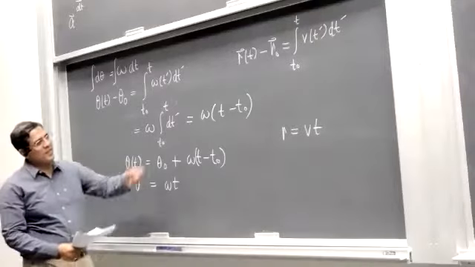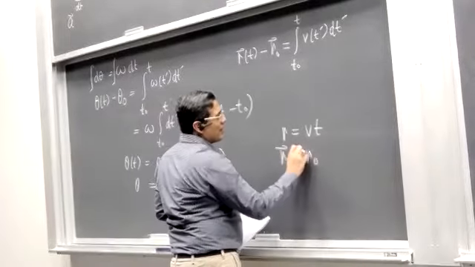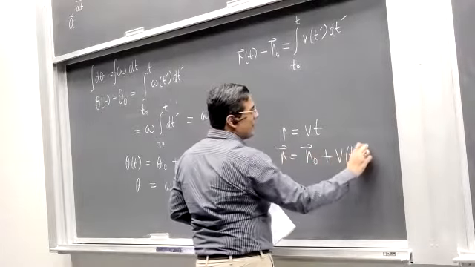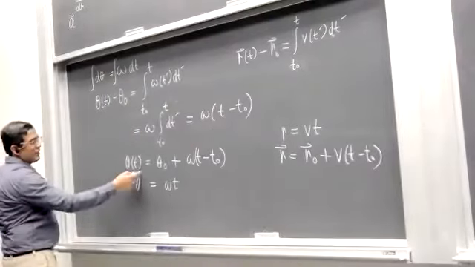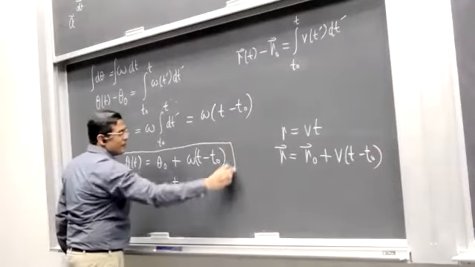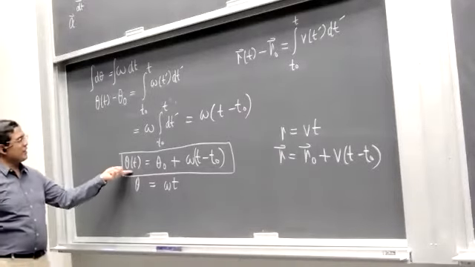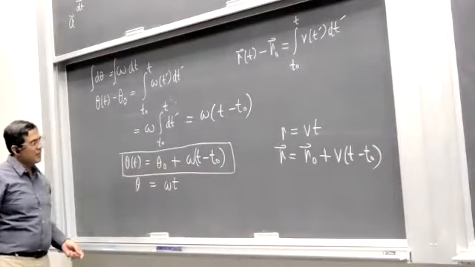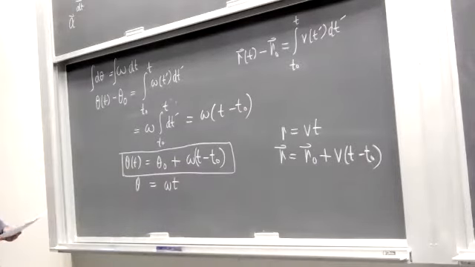Simple. So it's the same thing, it's just a fancy way of writing it. You can write this as well like this, r in the vector form, r naught plus v times t minus t naught, this equation, okay? So exactly the same. This is how, for the constant velocity case, the position is related to the constant angular velocity, okay, constant angular speed, and this is just the initial angle. All right.